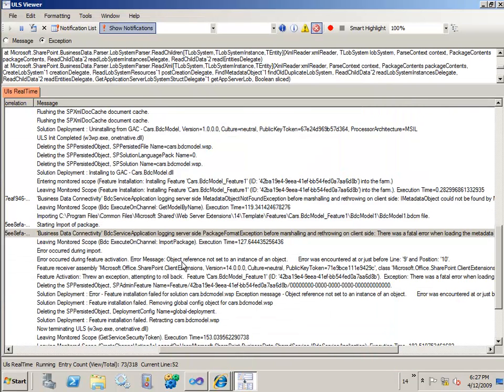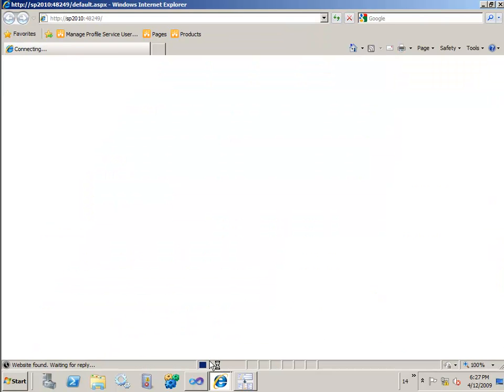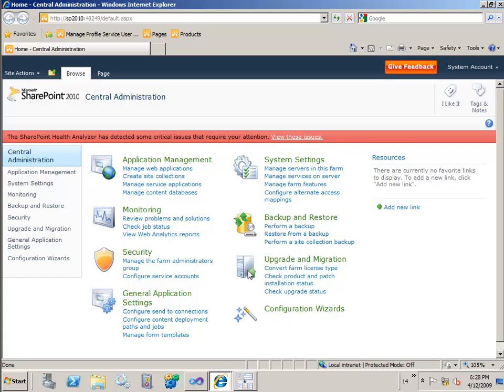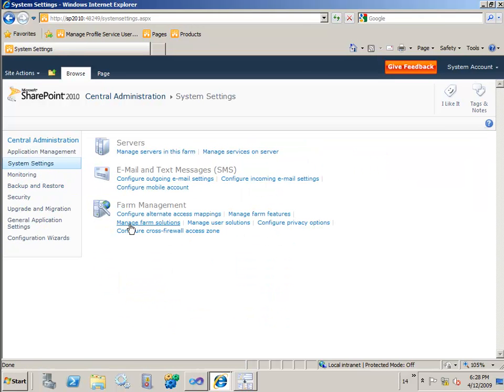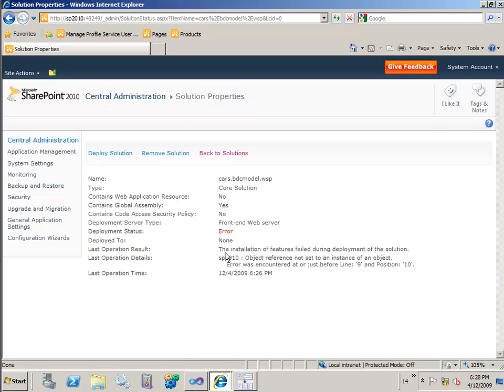and while it's doing that, I was just going to try and find, okay, doesn't show it there, but if I come into here, and if I go into my solution packages in my system setting, or Solution Manage Farm Solutions, you'll see that I actually got an error when I deployed that WSP file. Now there's no other cars.bdc model that I've deployed, so you should have cleaned everything up. But when I click in here, you actually see the installation of the features failed during deployment of the solution, and I get this error message here,